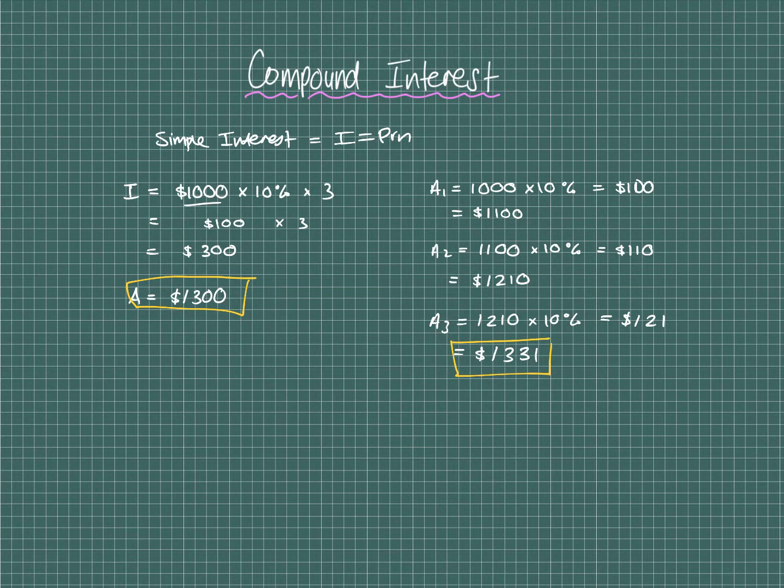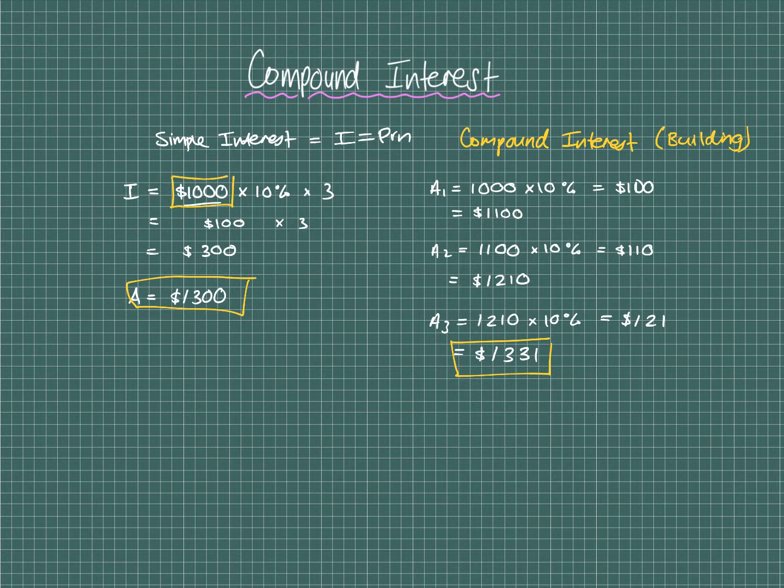Now, look, I know what you're probably saying. It's $31. Is it really that big a deal? Well, when we're talking about $10,000, $100,000, yeah, it becomes a pretty big deal. So what compound interest does, compound interest calculates the interest at the end of each term. It adds it on and then finds the percentage on that new amount. In one respect, I guess it's kind of like building. You build it after each period, whereas the simple interest works off this first initial